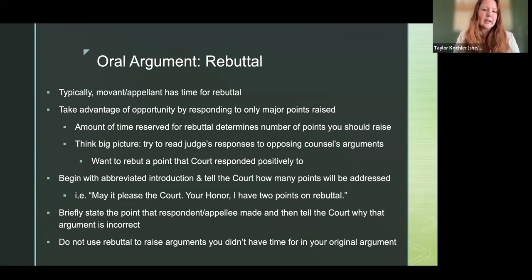For your rebuttal, you'll begin with an abbreviated introduction. Tell the court how many points will be addressed. Again, this helps them to differentiate, especially in a short amount of time: I'm saying this, and then I'm going to say this. You're going to briefly state the point that the respondent or the appellee made, and then tell the court why